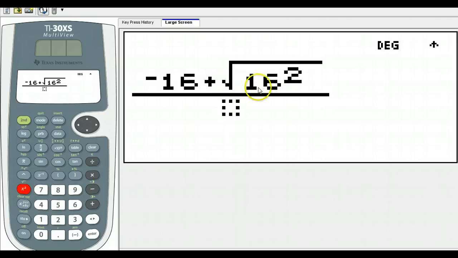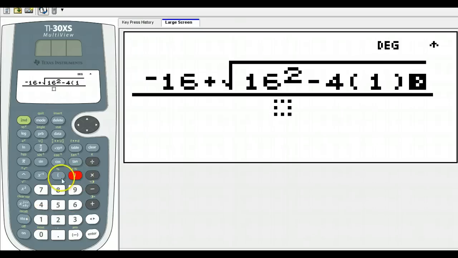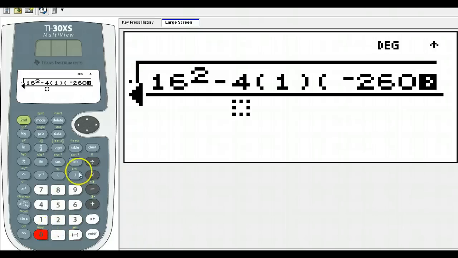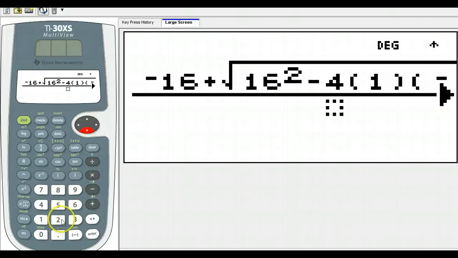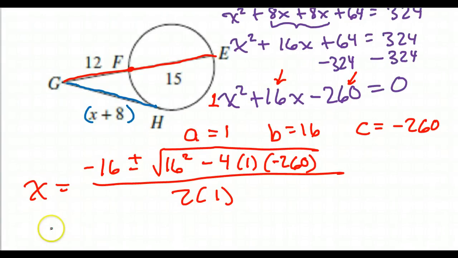Please notice, if this had been a negative 16, I would have needed to put the negative 16 in parentheses. So B squared minus 4AC. And again, please make sure you do a negative 260, not just 260, all over 2A. Kabam! 10. One of our solutions is 10 for x. Okay, fine. X equals 10,